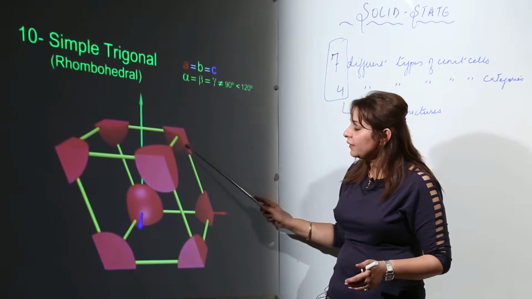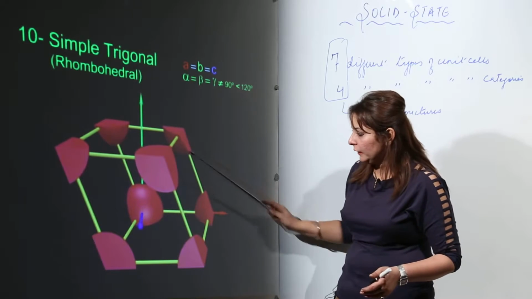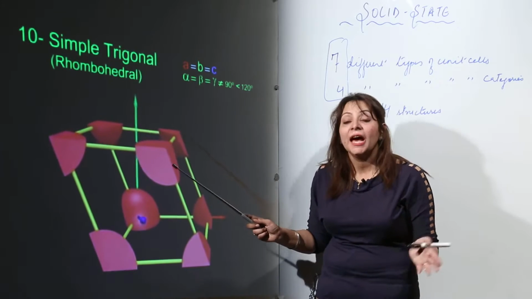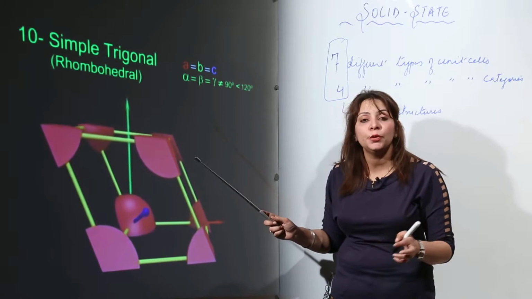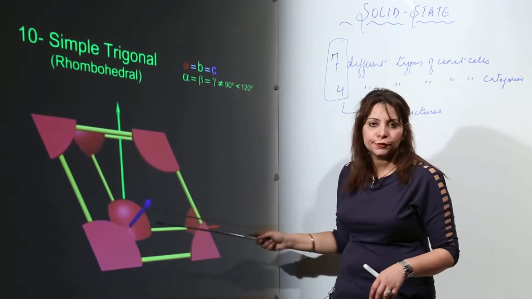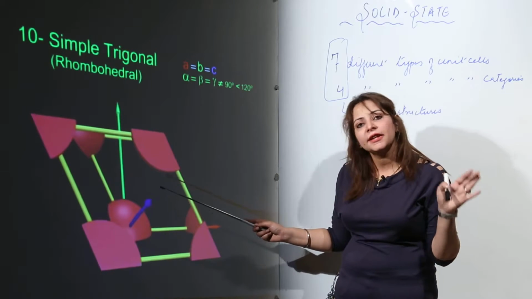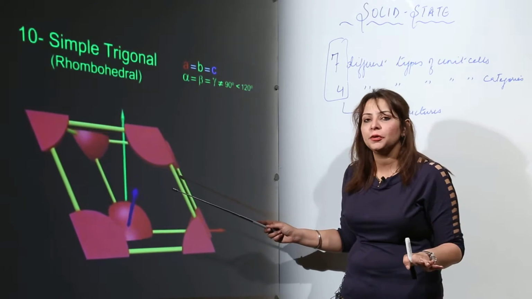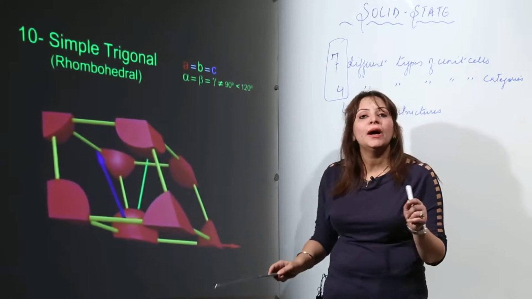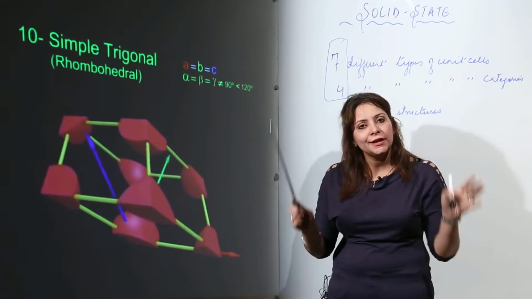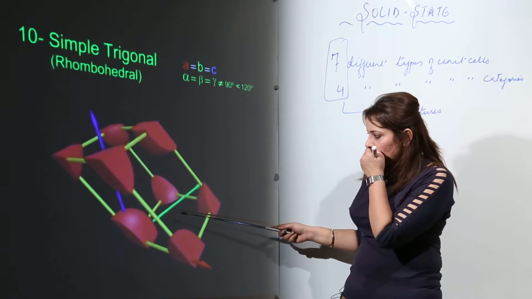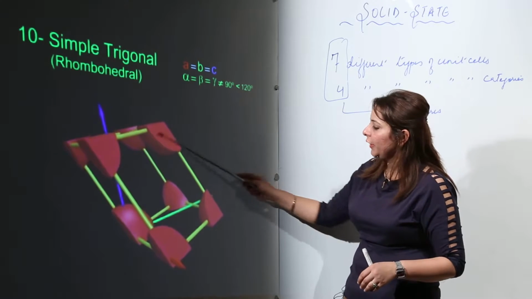You find this in the form of primitive, that is, particles at the corners. In these different unit cells you see different shapes, and you need to remember the similarity between the edges and their angles. It is shown to exist in a primitive form. All the Bravais lattices show the primitive one; it is compulsory. As you can see again, these particles contribute only 1/8, because each particle is shared by 8 unit cells: above, below, and the sides. So this is the rhombohedral one.